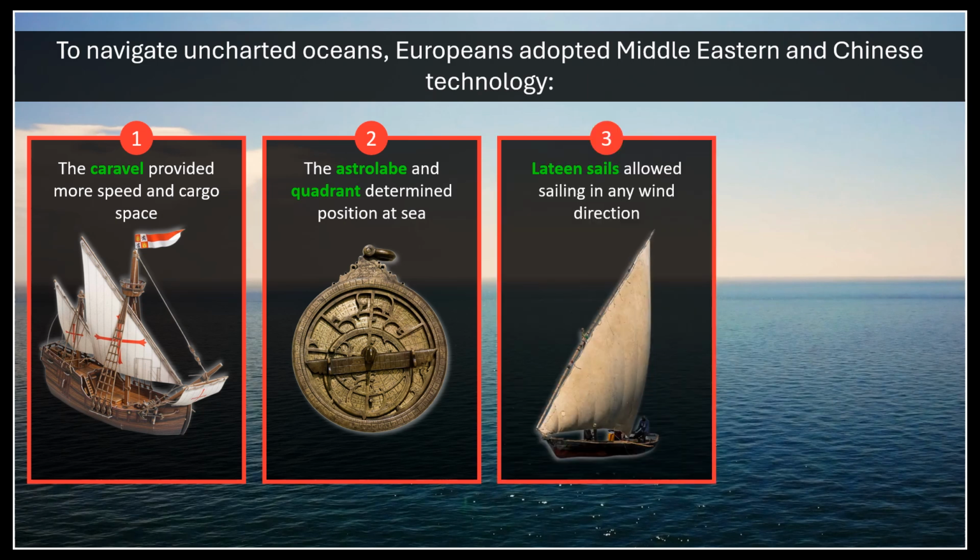Lateen sails are really big because I guess you can catch the wind in any direction. That's the thing that really sucks about sailboats. Remember, we are pre any kind of engine. So you get out in the middle of the ocean and the wind dies, you're just stuck. That's why some of these journeys took like a year to cross the ocean. They'd just be sitting there for like 3 weeks waiting for a wind to come. But the lateen sails can help catch that wind.